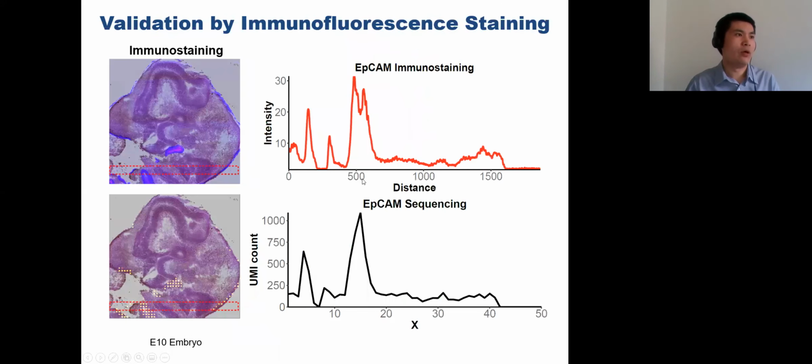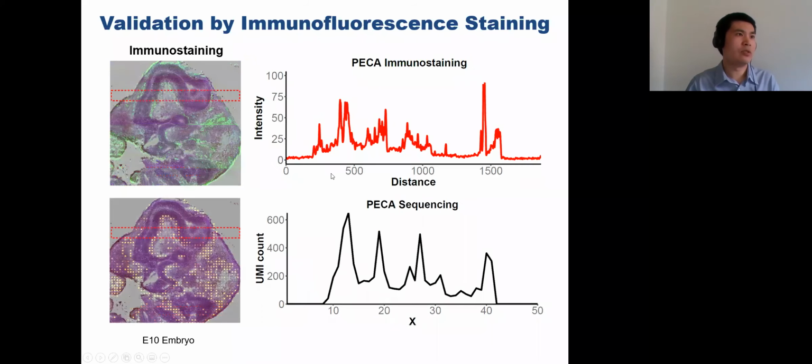Then, of course, we need to compare with an immunofluorescence-based method. Basically, we stained with antibodies labeled with fluorescence and compared with our data. The line profile here shows pretty good matching between the two. Similarly, we did this for the PECAM antigen, and it also shows pretty good matching between the immunostaining data and our